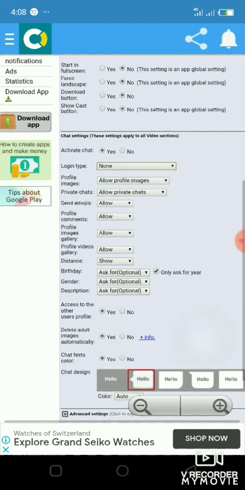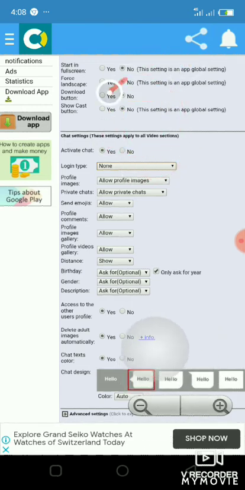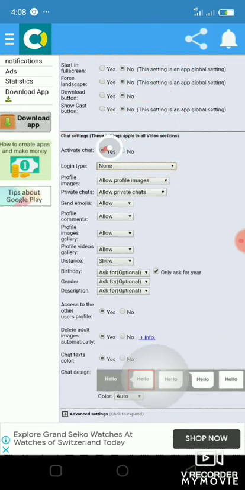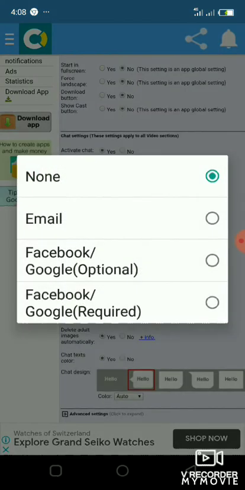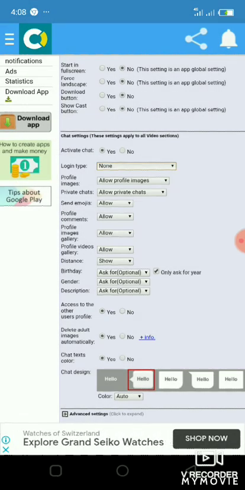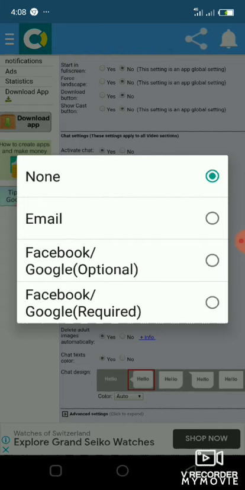Under this place, login type, you can see we have a lot to do in this video section. You can select whether the person has to log in with email, with Facebook, or with Google. With email, that means the person must sign up, just like on Facebook, with their email and password. The second option is you can sign up with either Facebook or Google.